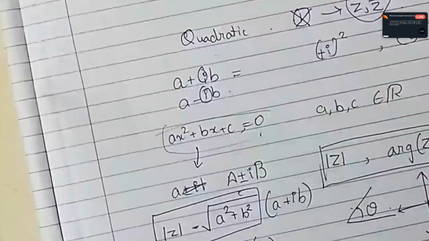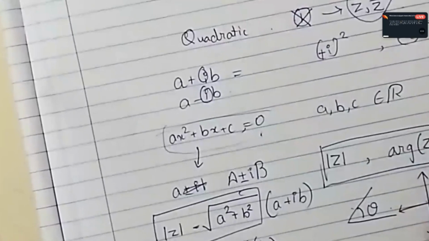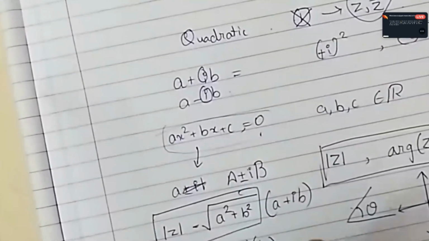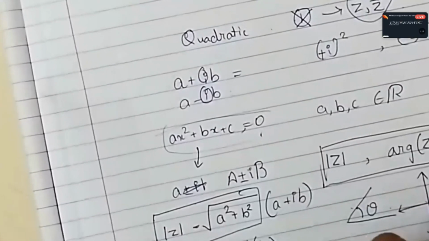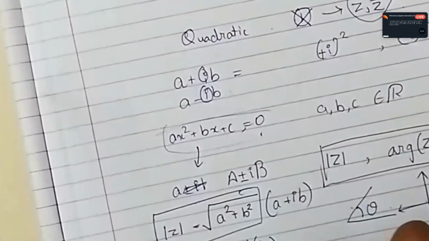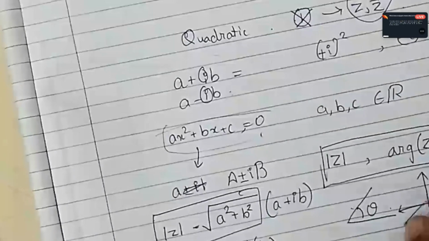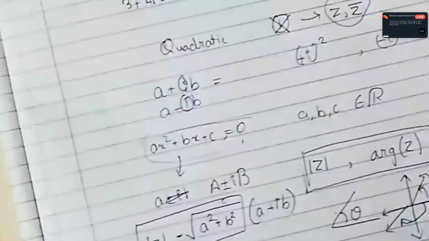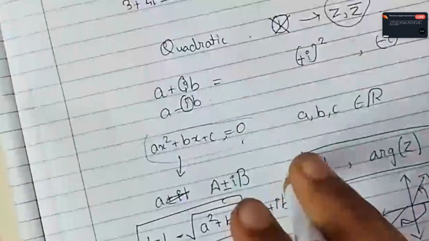Now the definition is weird as to what defines the theta. For the argument, it must belong to minus pi to pi. So if a number is present here, then you will measure it this way, and it's a negative argument. That is the key difference. So how do we add, subtract, or multiply them in future?